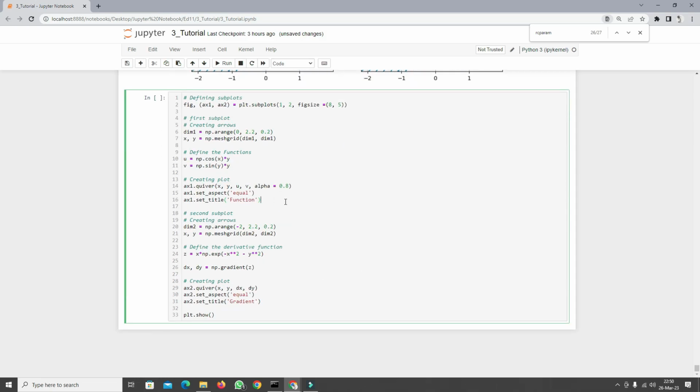So in this example, I have the first set of axes, which is a quiver plot. The set aspect ratio is set to equal, and the title is function. Alright, for the second axis, I have a quiver plot. The axis is equal, and the title is gradient. On the first set of axes, I'm just going to plot u and v, and on the second set of